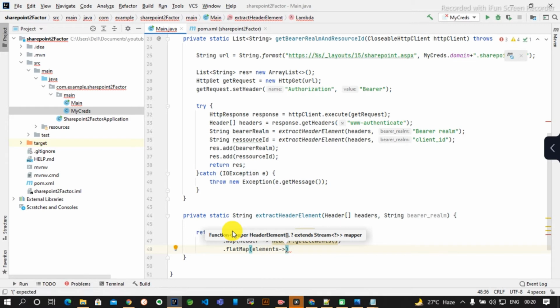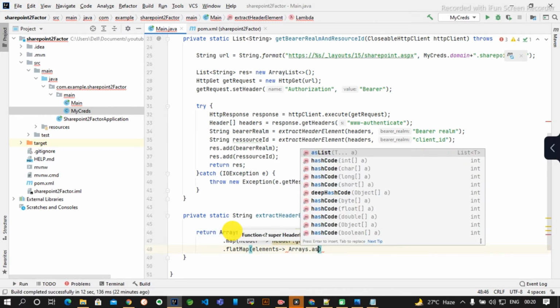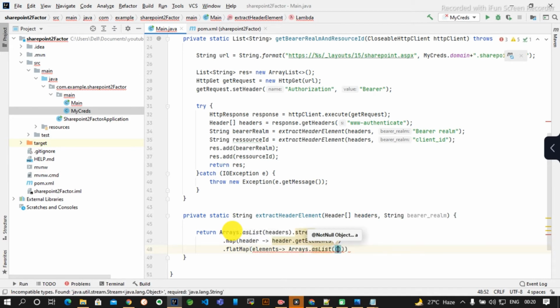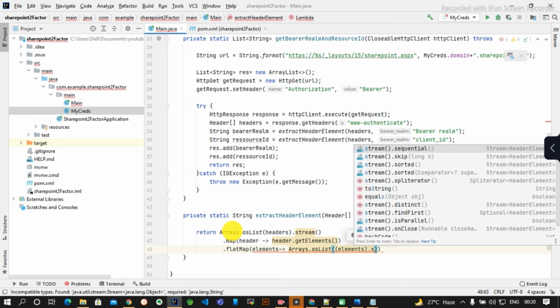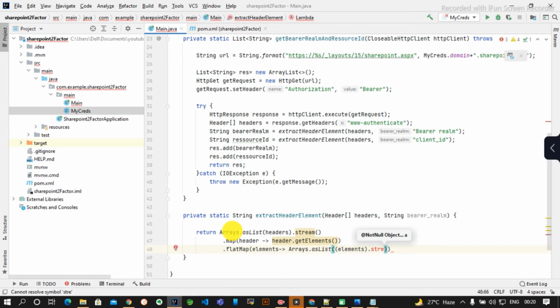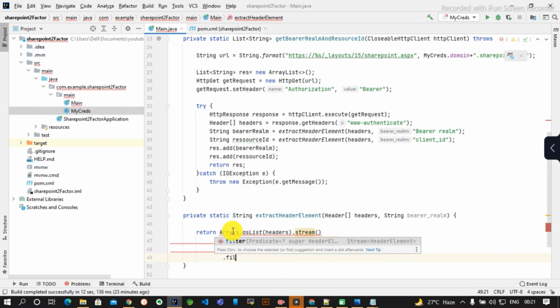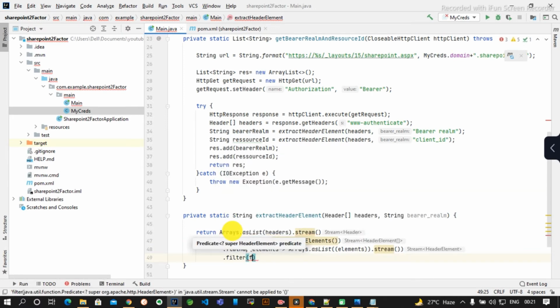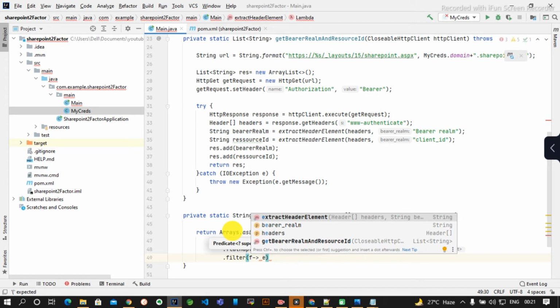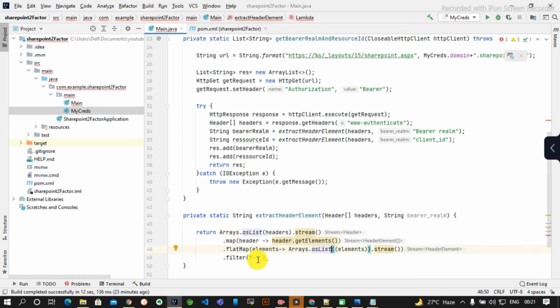We will do elements. What is the name we have given here? Elements.